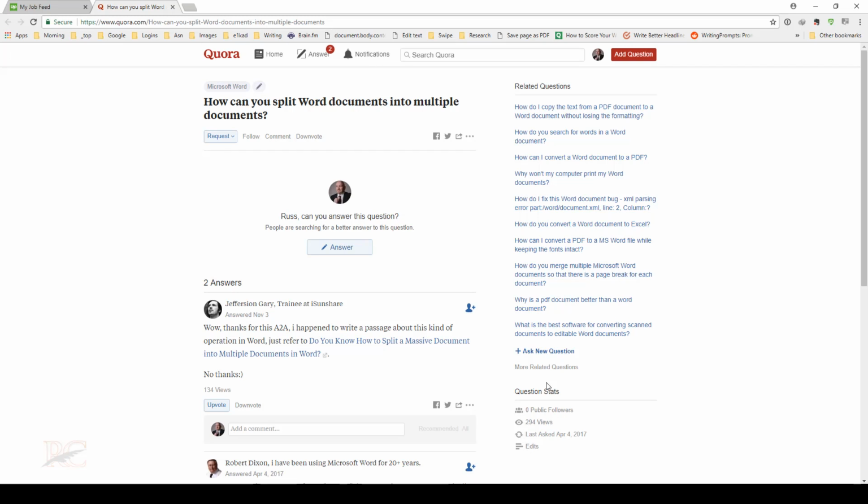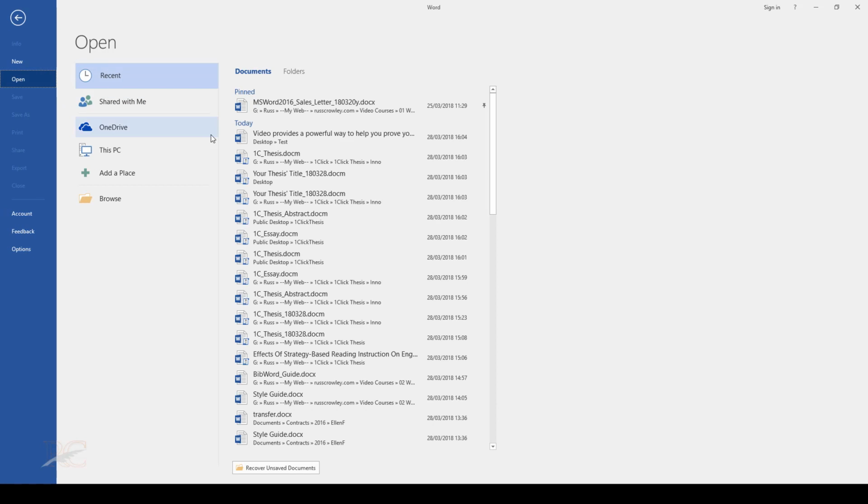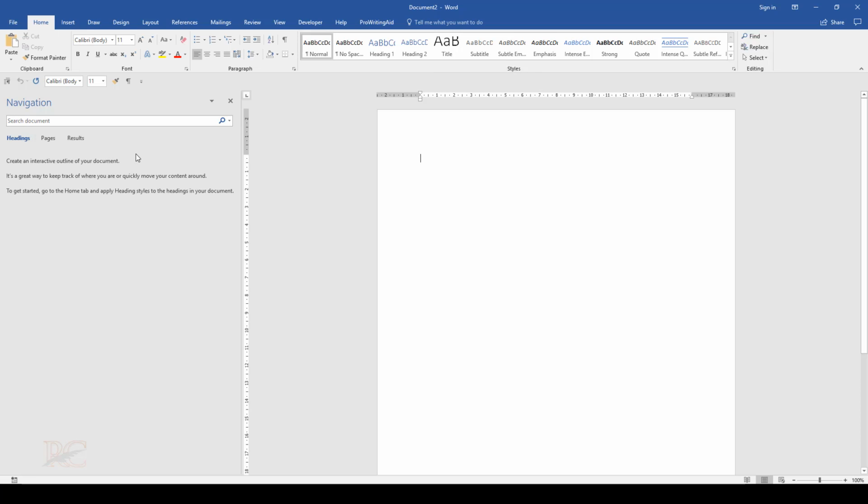One of the ways that you can split your Word documents into multiple documents is by using the Word Master Document feature. Now let me show you what I mean. If I create a new document in Microsoft Word, and let's say I want to insert, let's say I